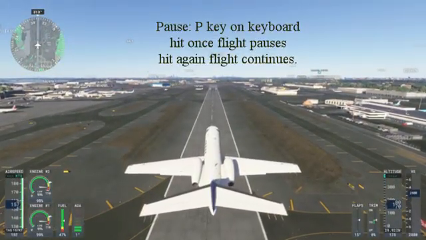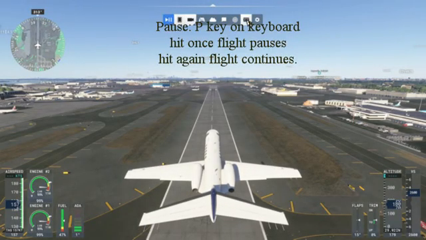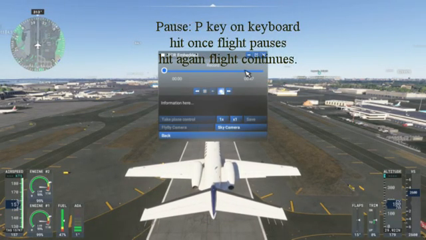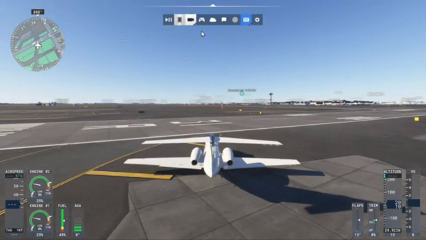Pausing, and we're going to go into the FCR again, and now we're going to stop our recording, and we're going to save it. Okay, I brought my plane back to the beginning of the runway,